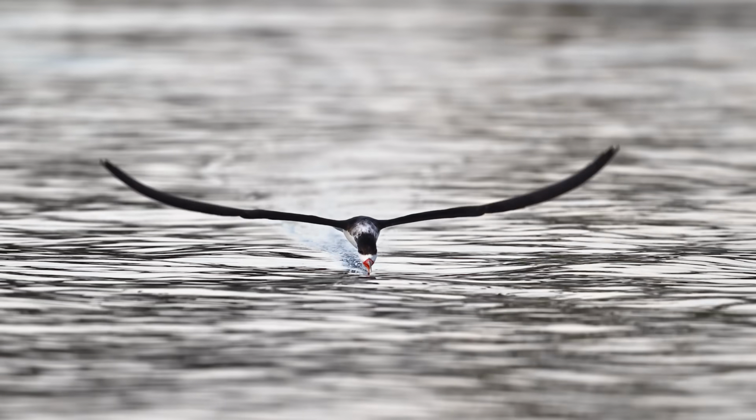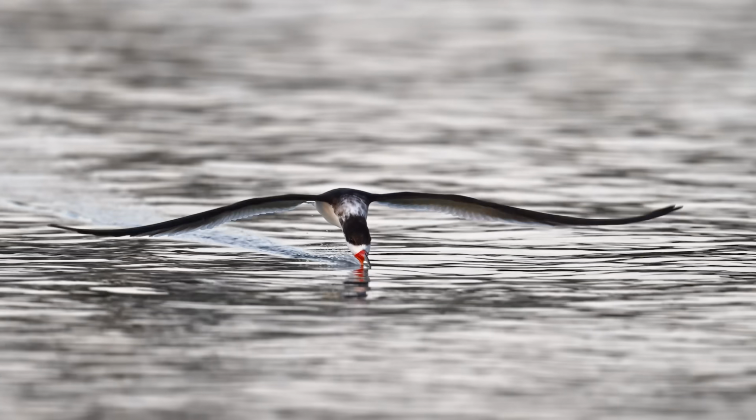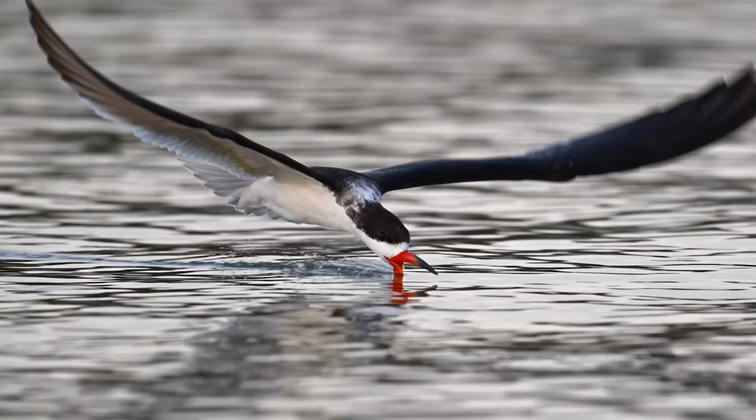These amazing birds literally slice through the water in hopes of catching a meal, and having one zip by this close is a real treat. The Nikon Z8 had no problems keeping focus in this video, but let's take some stills and see how it